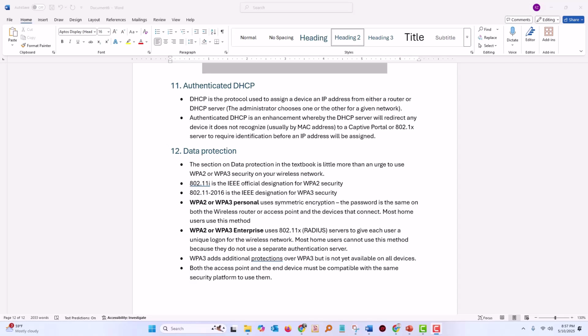Now you may not know about this one, but the idea of it is that in the process of giving IP addresses out, which is a role that is either provided by a DHCP server or by a router. It can be either one. The administrator chooses which way DHCP addresses are distributed. But authenticated